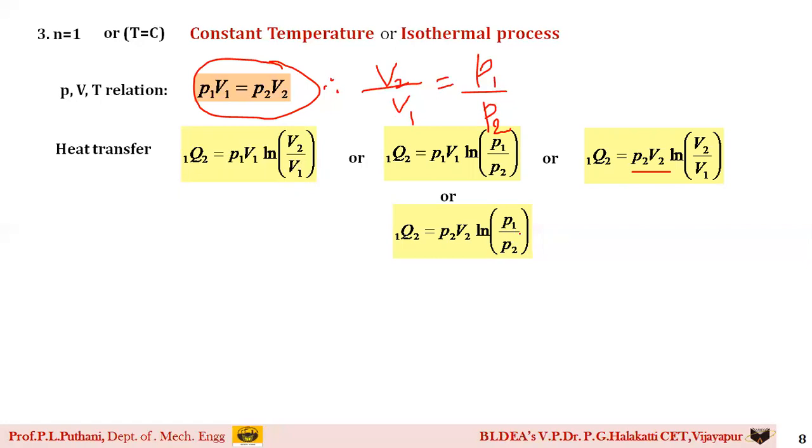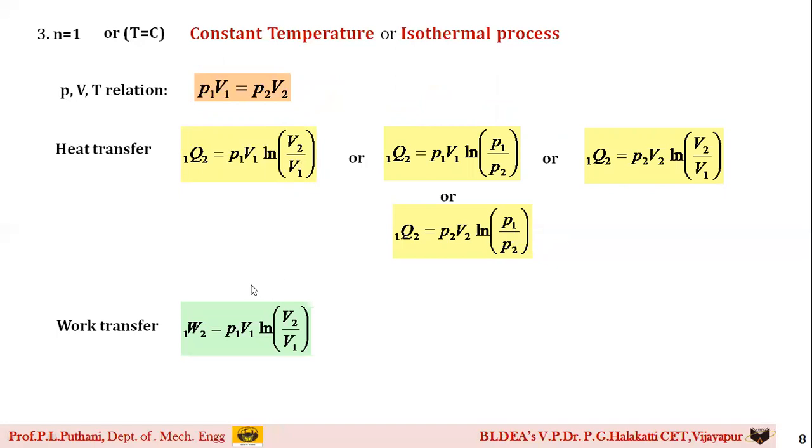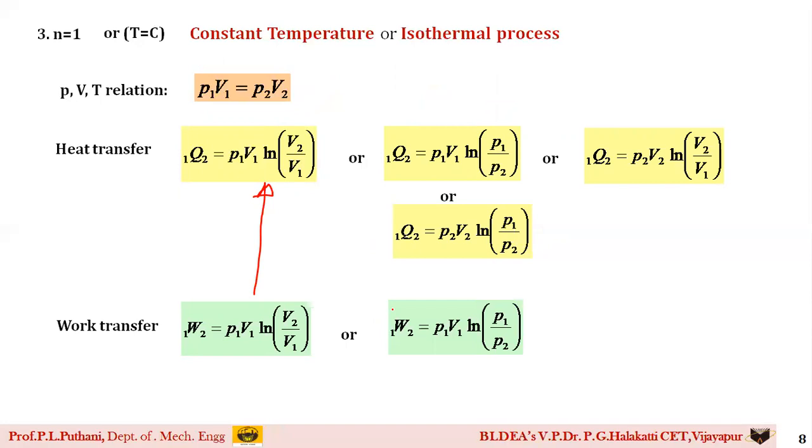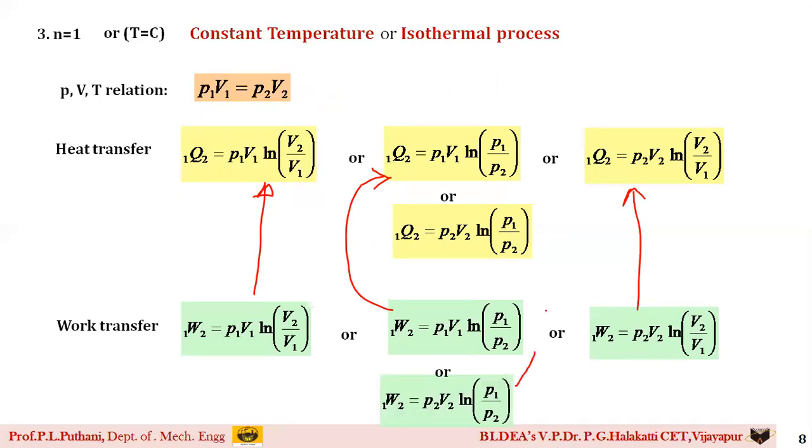The same entirely we repeat for the work transfer, students. You can see here the same equations, the same forms for all the kinds. Similarly, the third form you can see here as well as here. So I told you, always keep in mind, for an isothermal process, the heat transfer Q12 is equal to W12. These are the things you need to remember. I hope these things are clear to you.